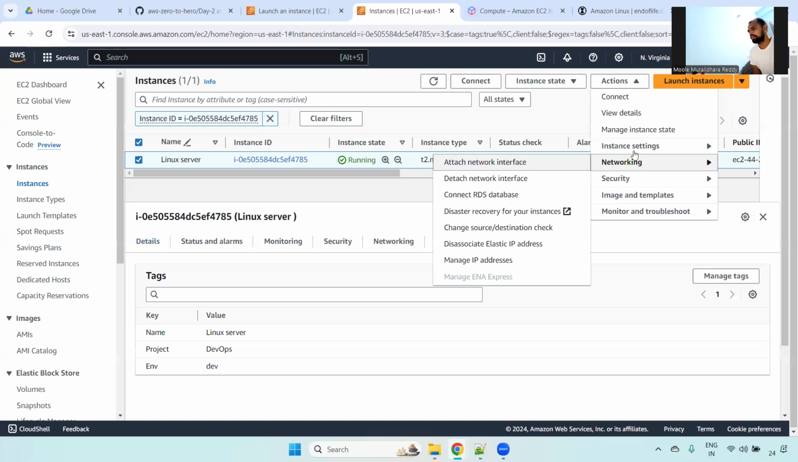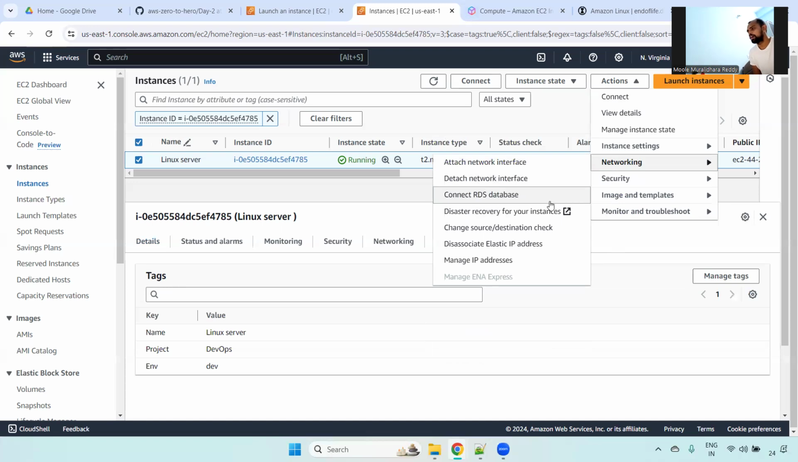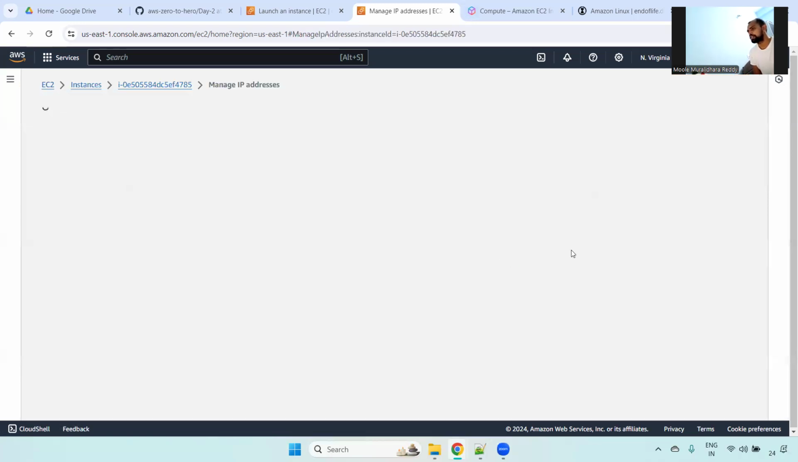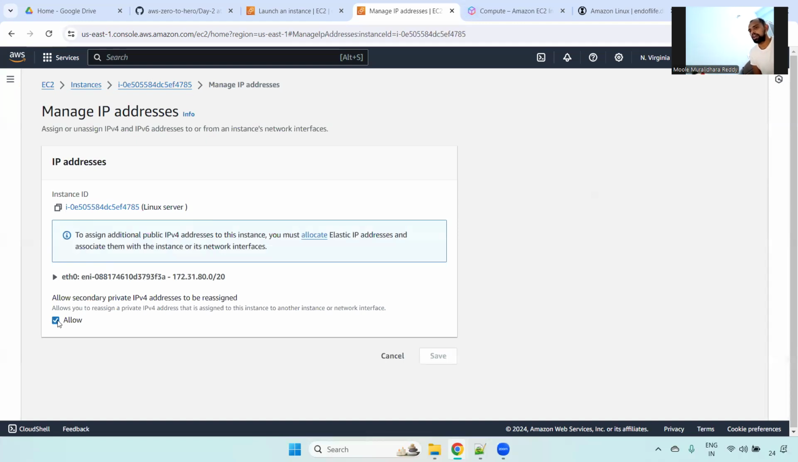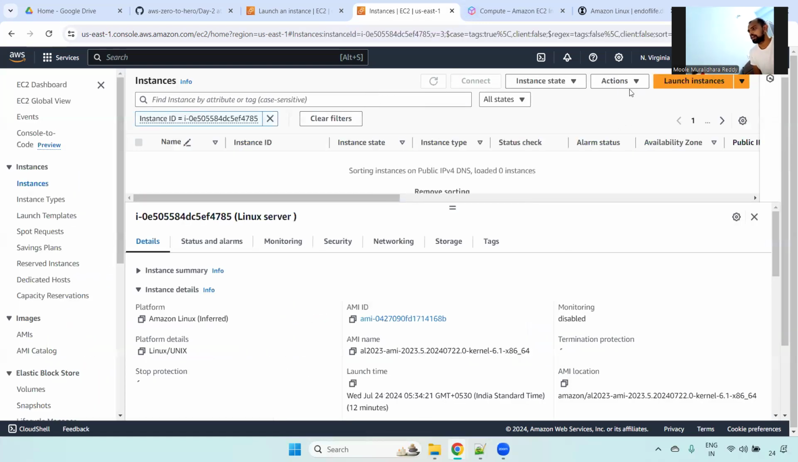Okay, fine. Next one is security networking. This is networking related to security groups, everything. So in case if you want to attach any network interface, if you want to detach, if you want to connect RDS, you can connect. Okay. If you want to set up disaster recovery for your instances, everything can be done here. If you want to manage the IPs, currently we have only one, right? See, this is the one. If you want to assign one more, we can assign it. Okay. This you can do here. And the next one is